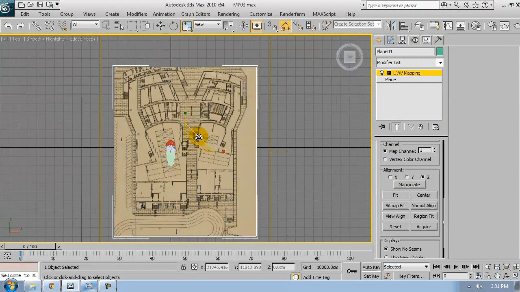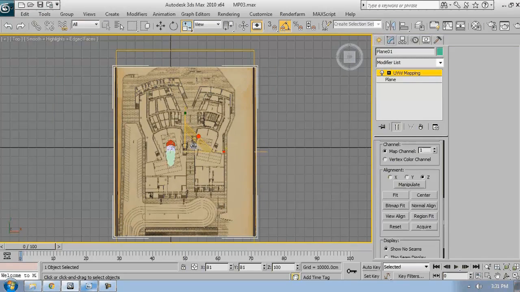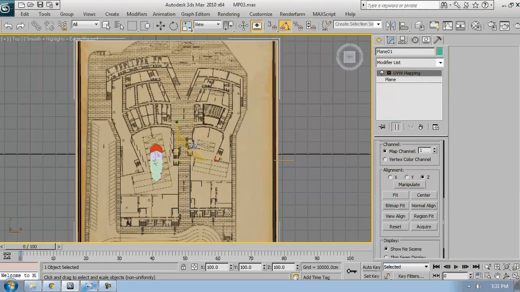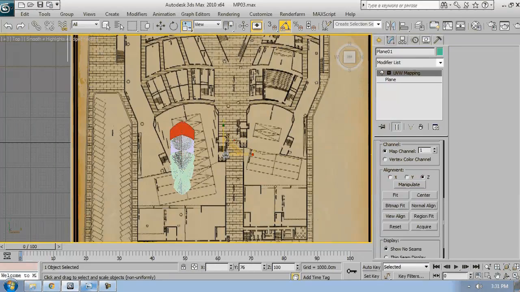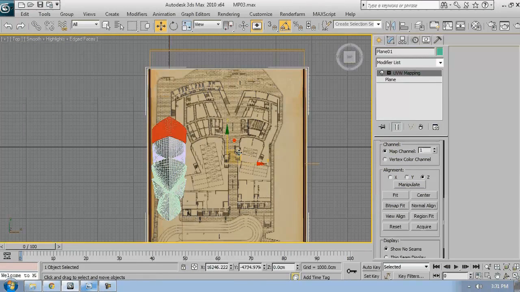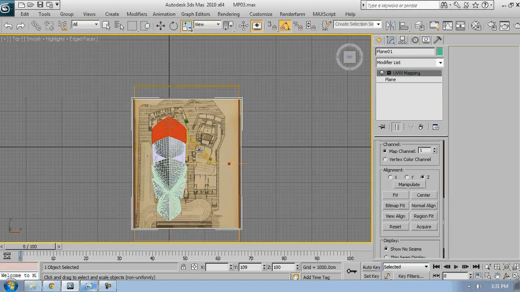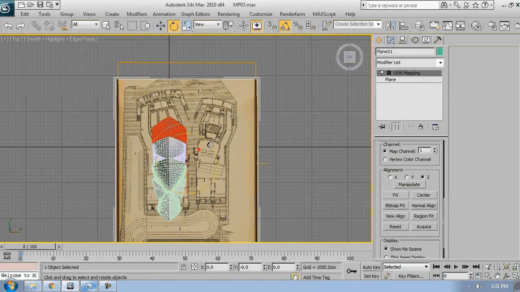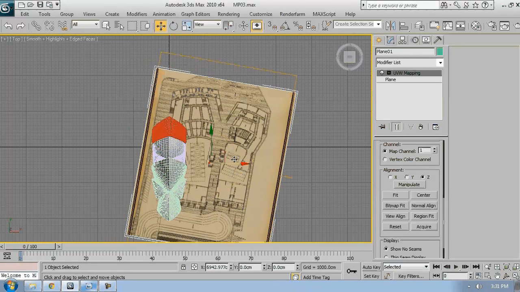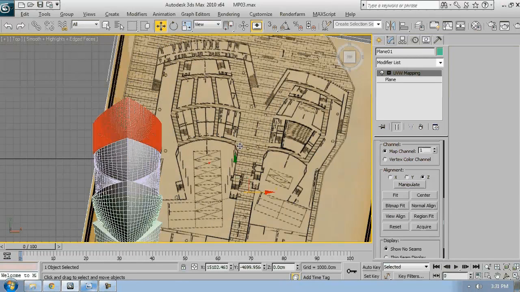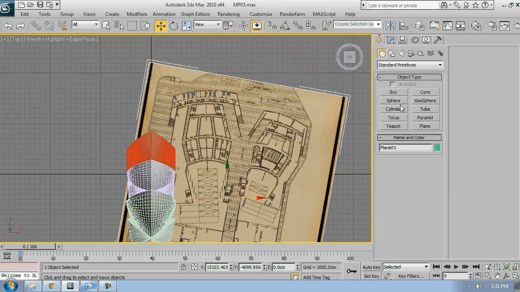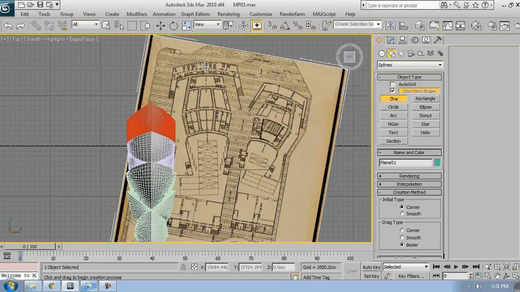Now I'm just going to scale this image down until it's approximately on the right scale. Now I'm going to have to move it, scale it and rotate it a bit. Okay, I'm just going to position it as close as possible. I'm going to use as reference my